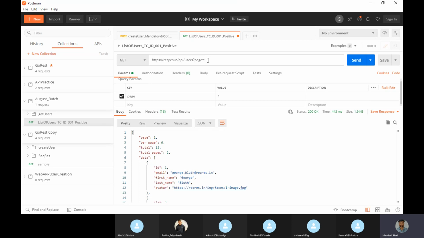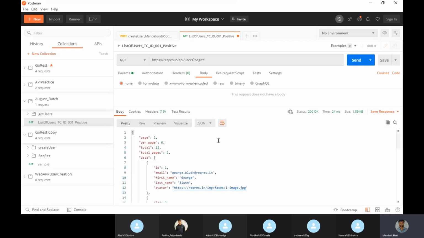Now page is equal to 2 I will give, and inside this I will try to get whether it is correct or not, I don't know. ID I will try with 1. Let's see if we get or not. No, we are not getting everything. So page 1, what all users are there, let's get now first. There will be an option for page 2 also to get. Okay, user. Now page 1 I have ID equal to 1. I will try getting the first user, which is ID 1, and see how it comes.